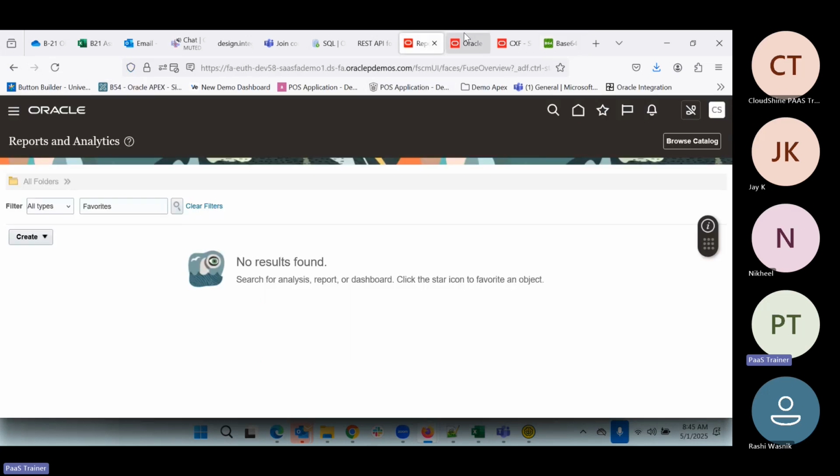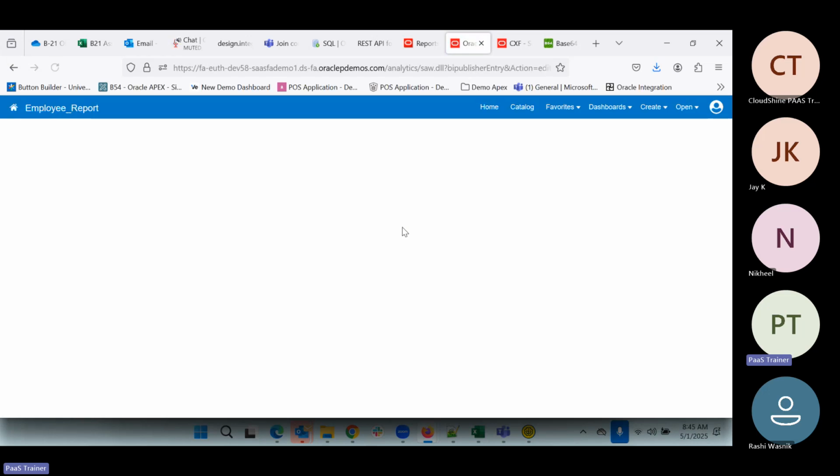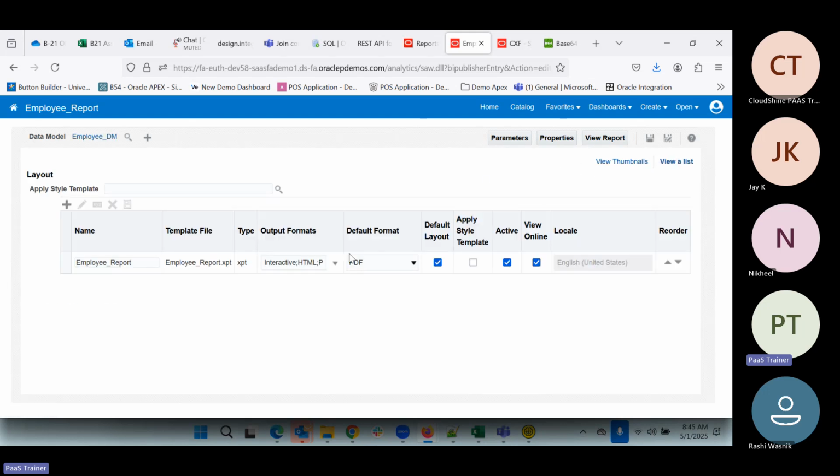So what we do, we can come to the report and right here we can change that. How we wanted to see the report. So in the OIC, when we wanted to read it, we cannot read the PDF. So we have different templates available. We can go and use that one. So in this one,